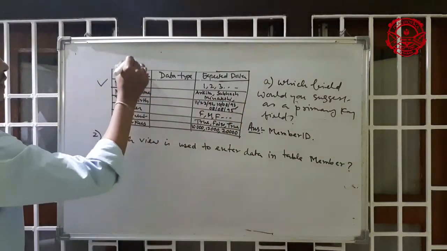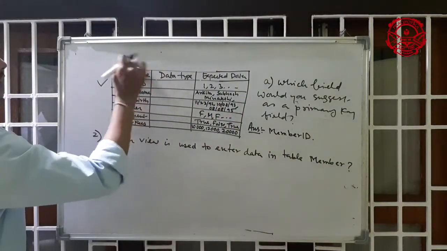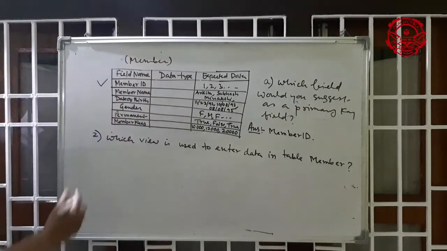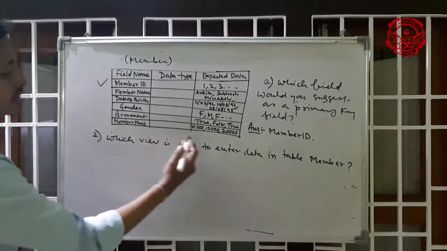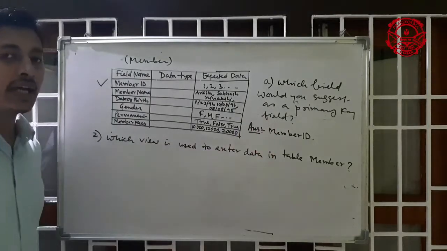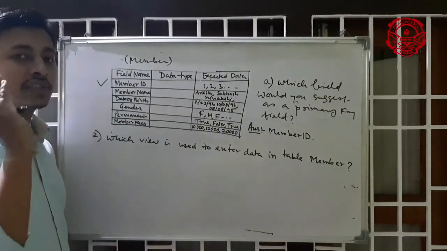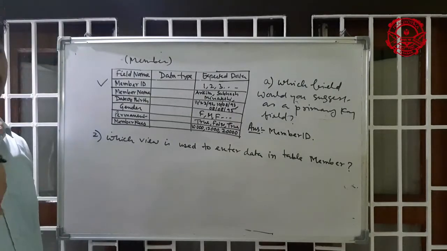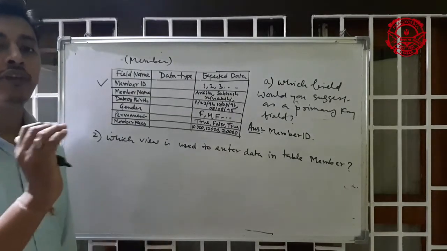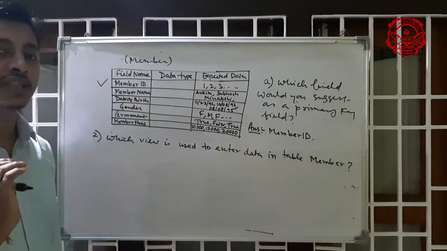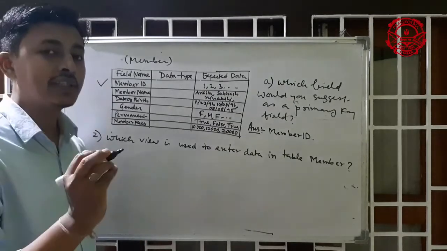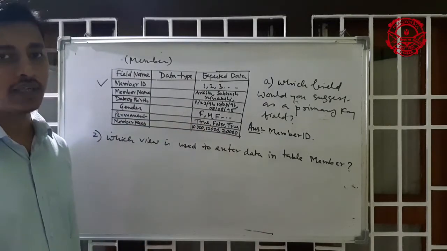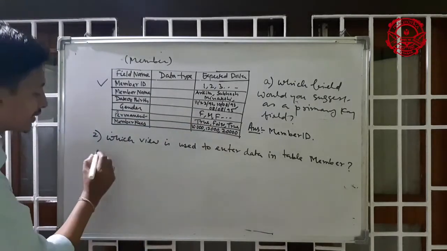This is a member table. Which view is used to enter table data? There are two views: design view and datasheet view. Design view is used to create field names, field data types, descriptions, etc. But datasheet view is used to enter information, to enter data. Understand? So that's why the answer is